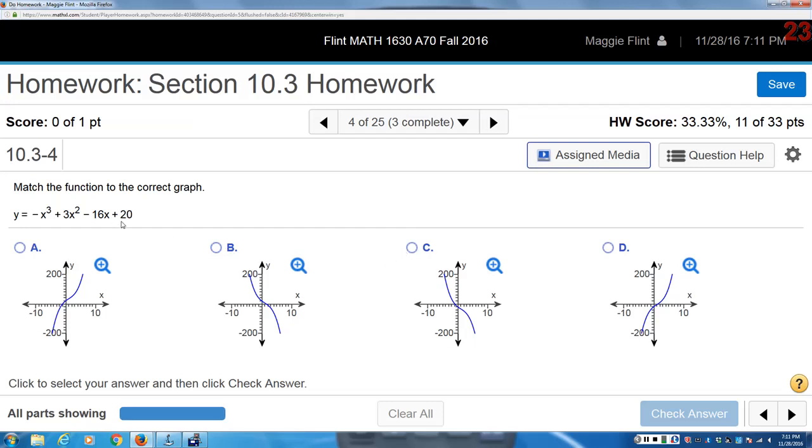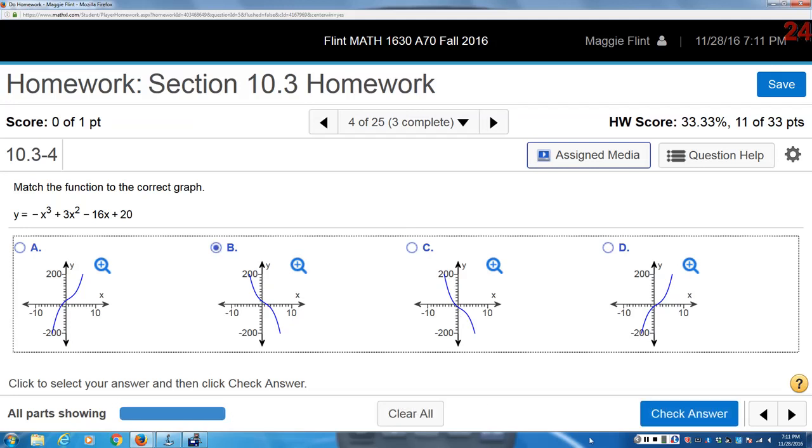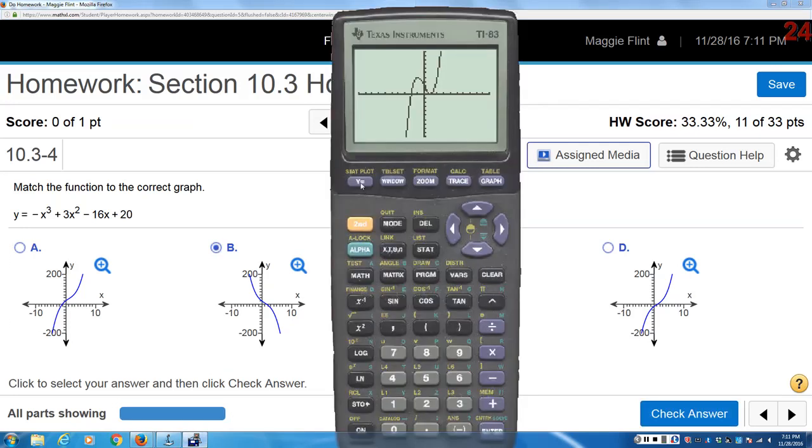If I look here though, I'm pretty sure it's B, because it's positive 20, and this one appears to be crossing on the negative side. So I'm pretty sure it's B, but we'll verify it on the calculator. So negative x to the third plus 3x squared minus 16x plus 20. And they gave me a scale here, so I'm going to make use of what they gave me